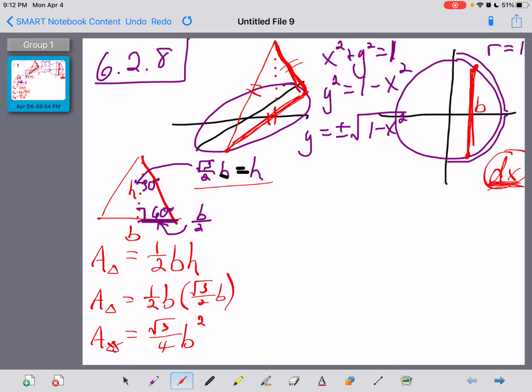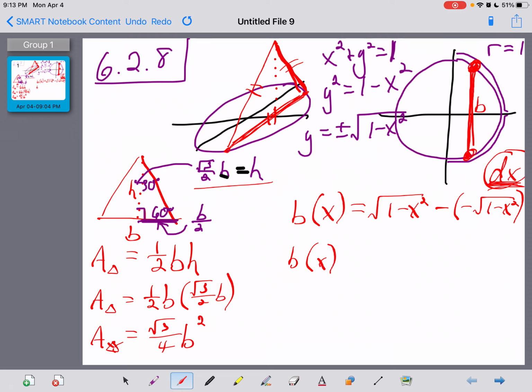So here's where this problem gets a little bit interesting. To find b as a function of x, it's going to be top curve right here minus bottom curve. And the top curve is the positive square root of 1 minus x squared minus the bottom curve, which is the negative square root of 1 minus x squared. Okay, and that minus negative is just going to become a plus. So b of x then is a positive square root of that plus another one. We're going to get a 2 times the square root of 1 minus x squared,